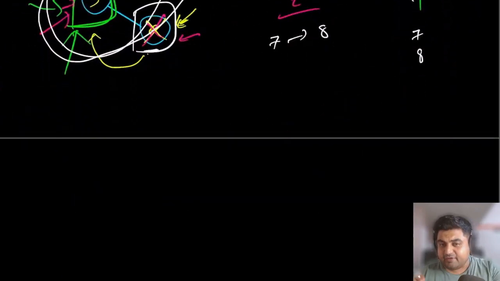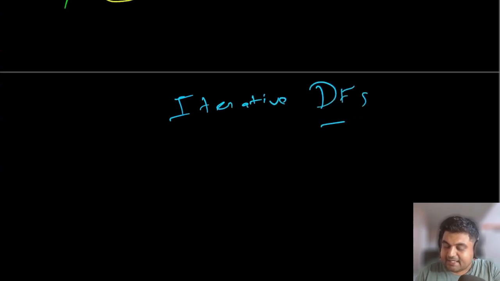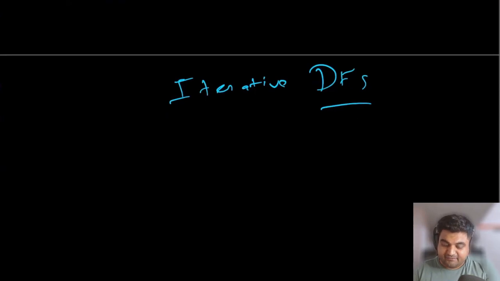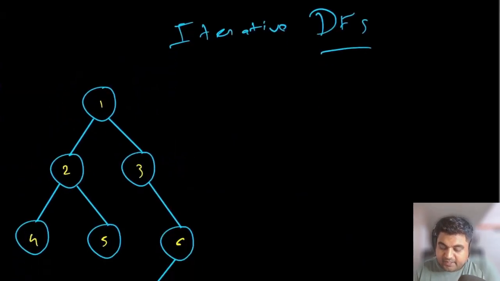There is only one difference between recursion and iteration, but in order to understand it, first we will have to understand how an iterative DFS works. So let's see an example of how an iterative DFS works. Again for the iterative procedure, I'm going to show an example for a tree and also for a graph, but I'm going to explain it very quickly.